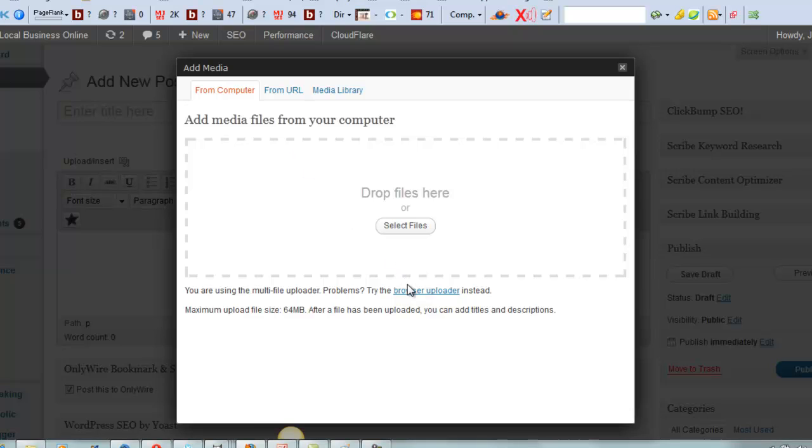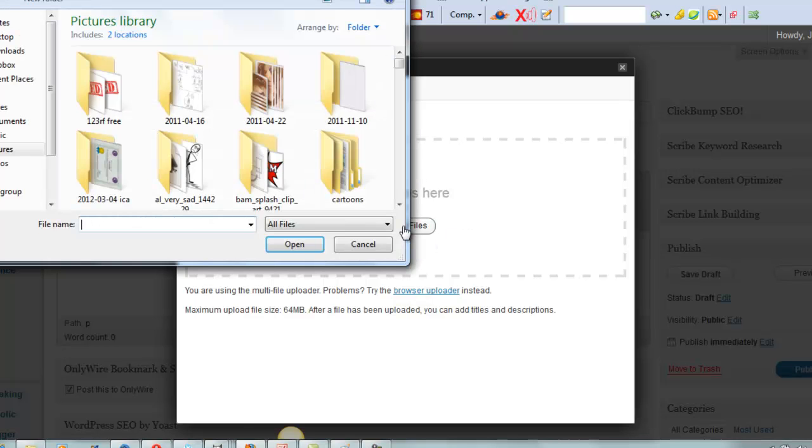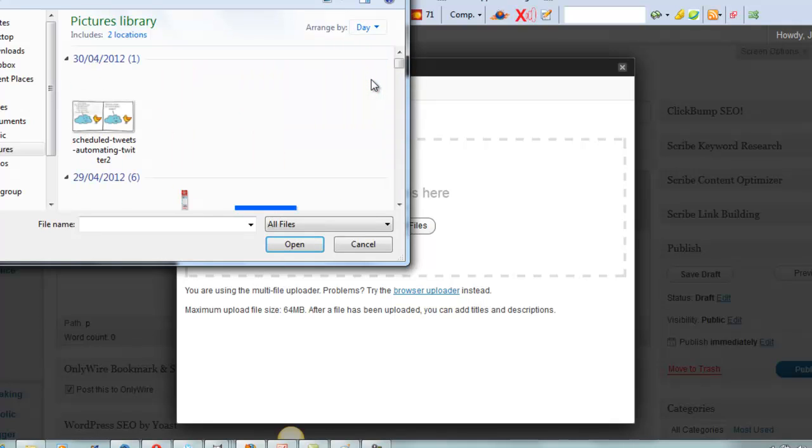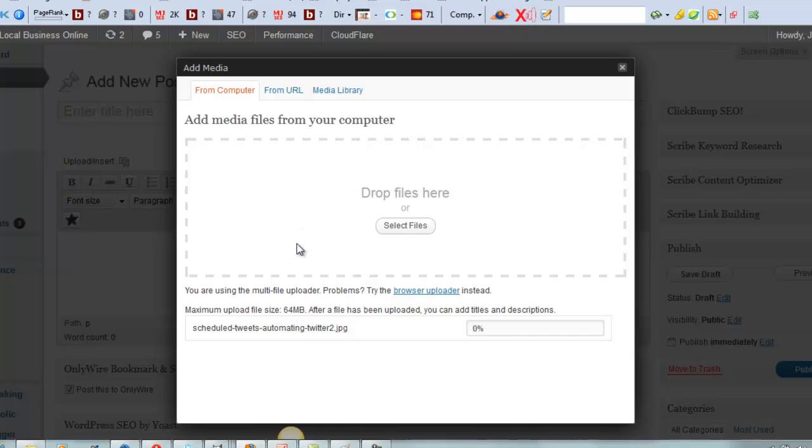You can change to the browser uploader as well, and you can either now drag and drop files in, or select your files that you want to upload. I'm just going to change that to a day, save me scrolling through all these folders. So there's my scheduled tweets picture that I've just resized, and I'm going to click on it and click open.